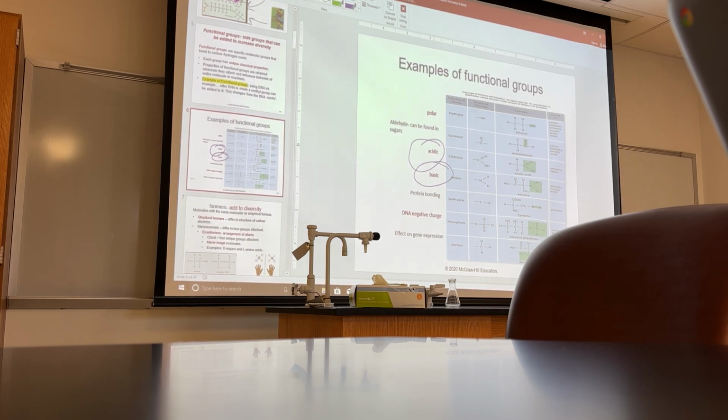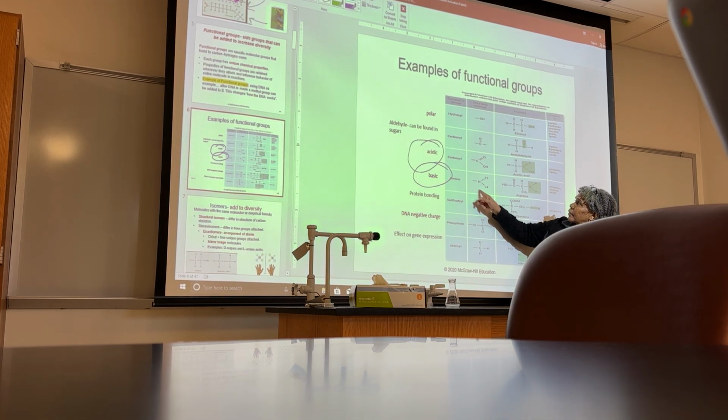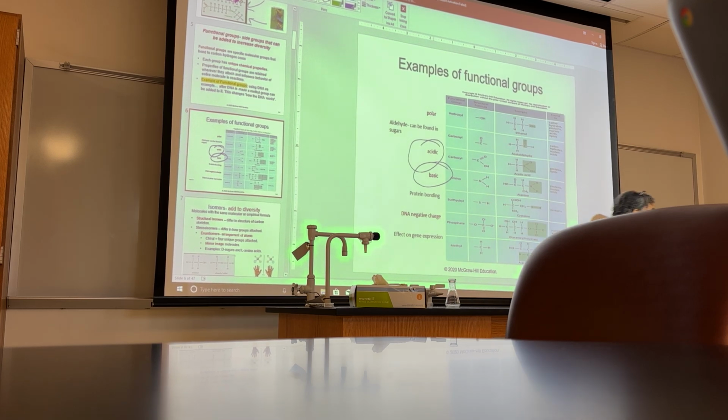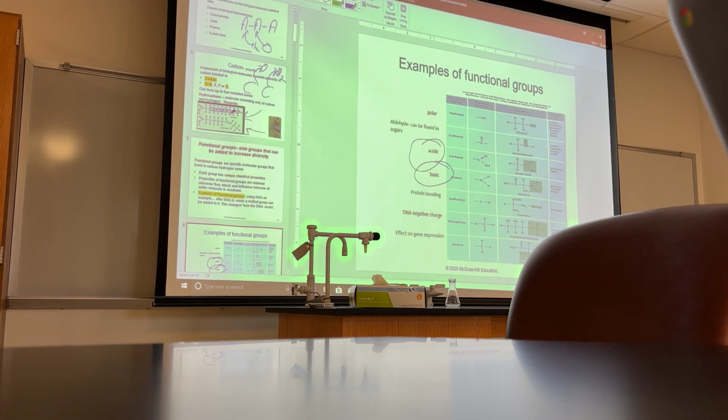Okay? Proteins are made up of amino acids. And this is the amino group, and this is the carboxyl group. And the carboxyl group is acidic. If I go back to my